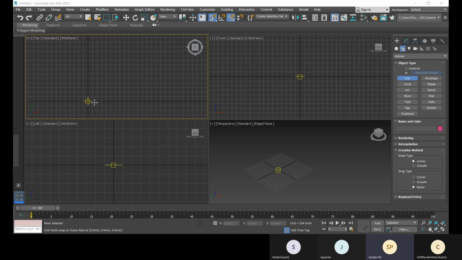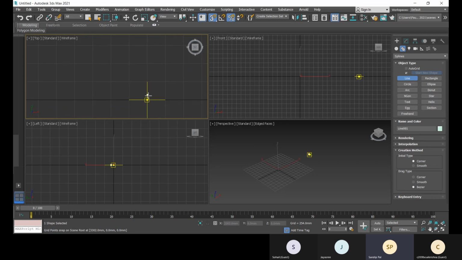So let's go with these default options. First I have clicked on this. Now I'm not holding my click, I'm only dragging my mouse pointer without holding any click.